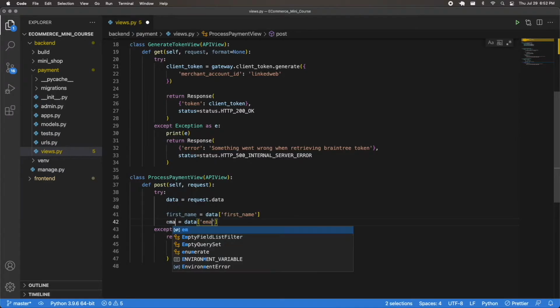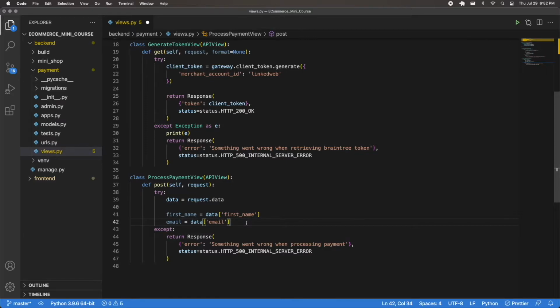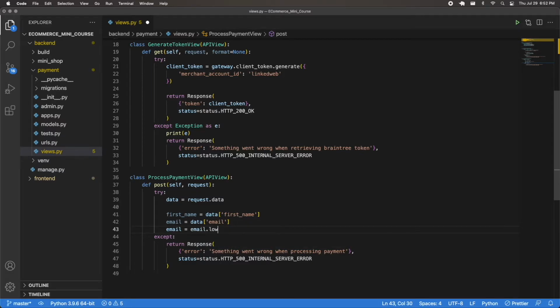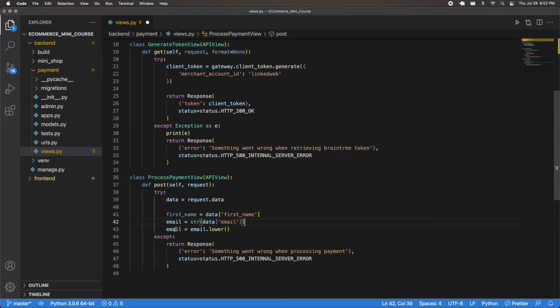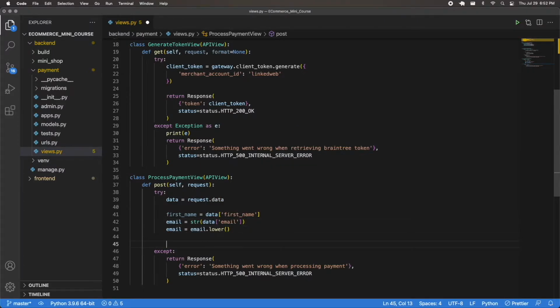The next one's going to be the email. And then another thing I want to do is also ensure that this email is in all lowercase. So I'm also going to do email is email.lower. This is going to make it in lowercase. And then I also want to make sure that this is a string just in case so that this doesn't go wrong. Then I'm going to have the street address,